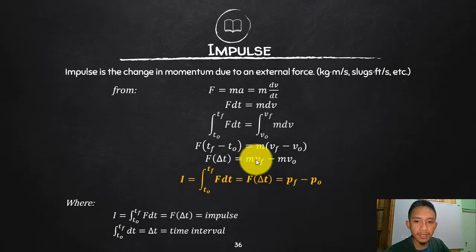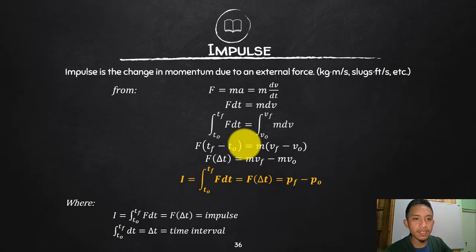And then your m times vf is your final momentum, since your velocity there is the final velocity. So again, initially you have the initial velocity. Once you apply an external force on the motion, it will change the velocity. Either it will add or it will subtract. So there will be a different final velocity, and multiply that one to the same mass,